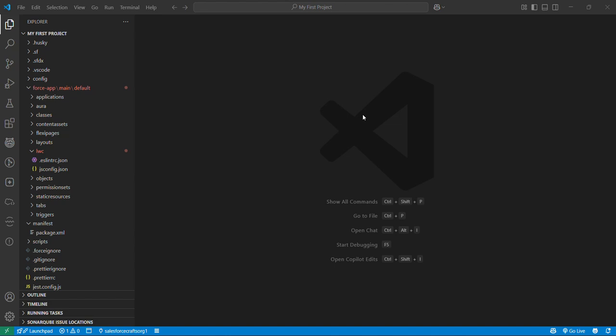So in this video we are going to demonstrate how we can create an LWC using the VS Code editor and deploy that particular LWC to the org. Okay, so as a first step I'm in the VS Code editor, and here if we want to create a